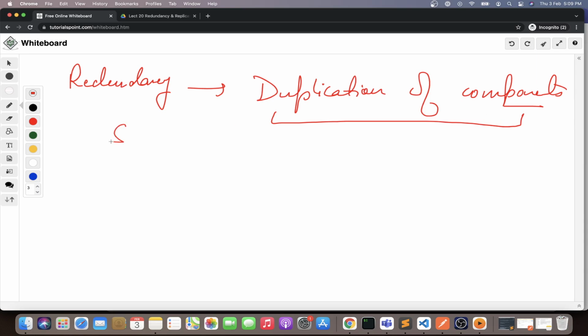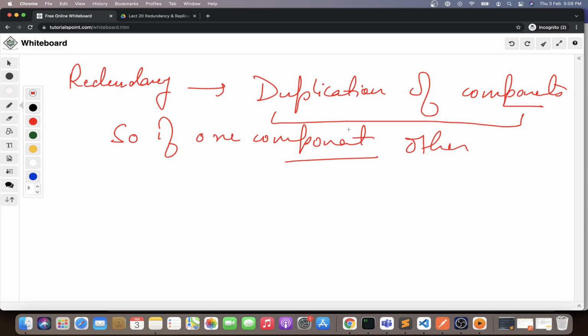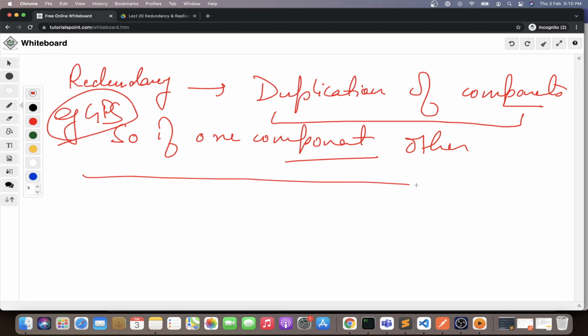So if one component fails, the other is present as a backup. Cool. An example is GPS. So there are two different types. The first type is active